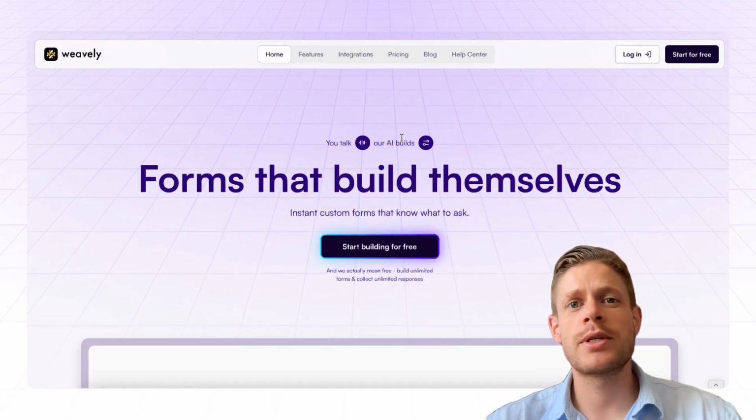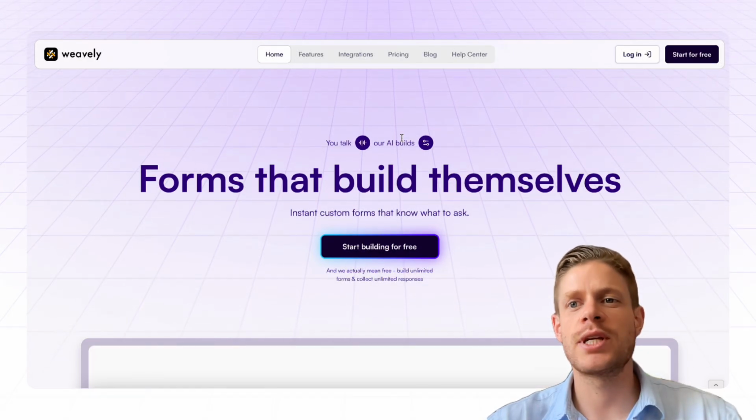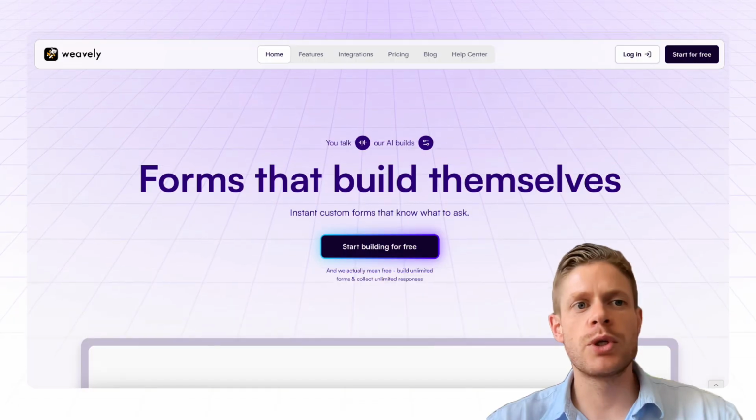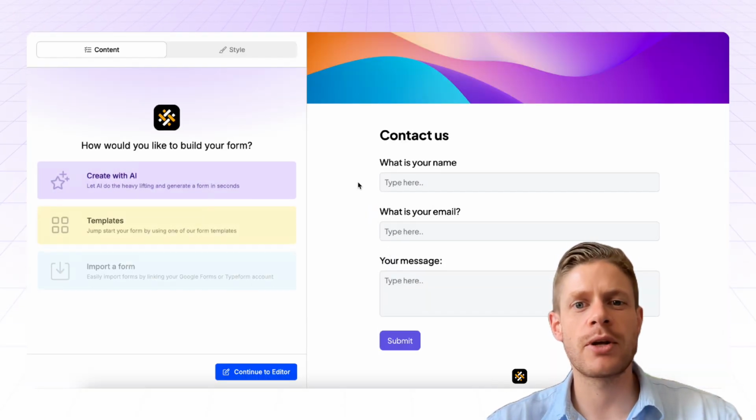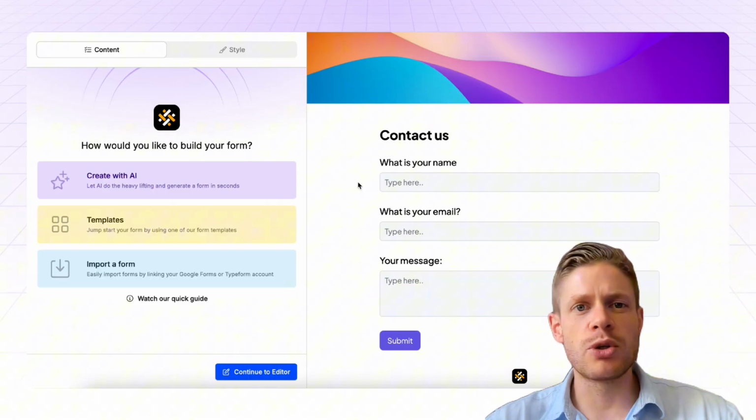Today I'm showing you how you can build forms and surveys using AI for free. We're using this tool called Weavly. There's this big old start building for free button down here, which we'll press, and then you're greeted with this